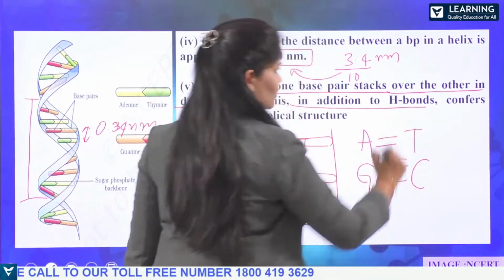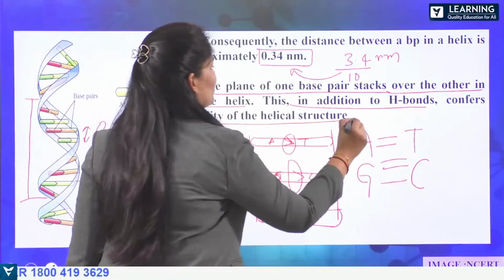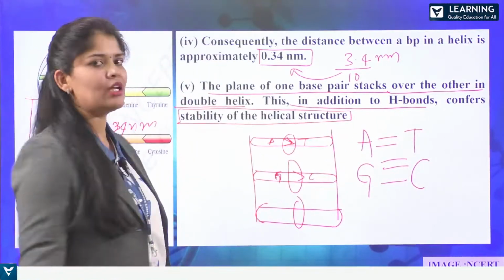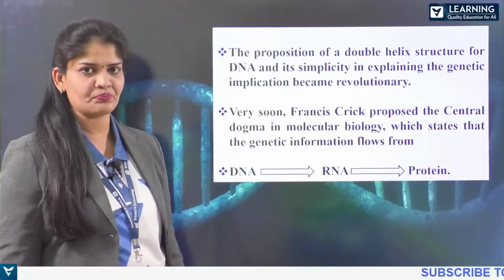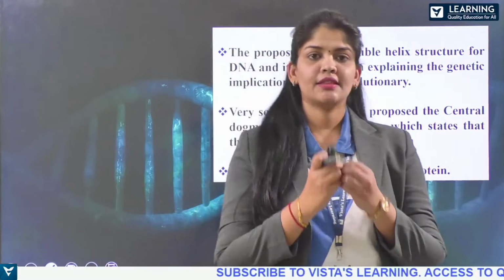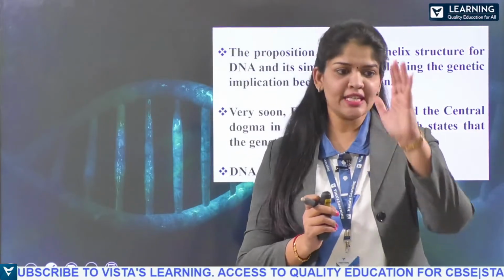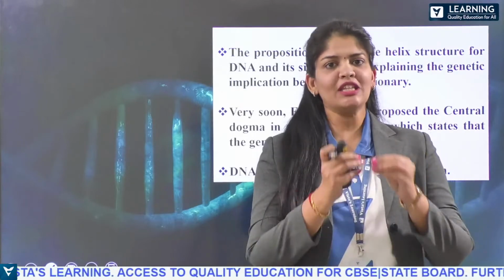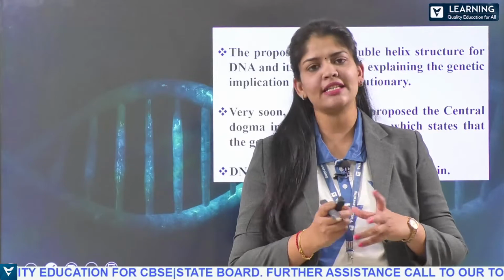Hydrogen bonds. We are talking about hydrogen bonds. They confer stability; they give stability to the helical structure of the DNA. Up to now, we understand that the helix is right-handed, and in a pitch we can see 10 base pairs. That means the distance between each base pair in a double helix is 0.34